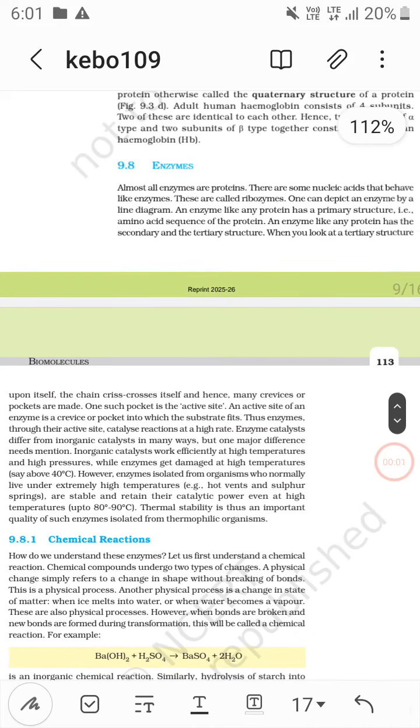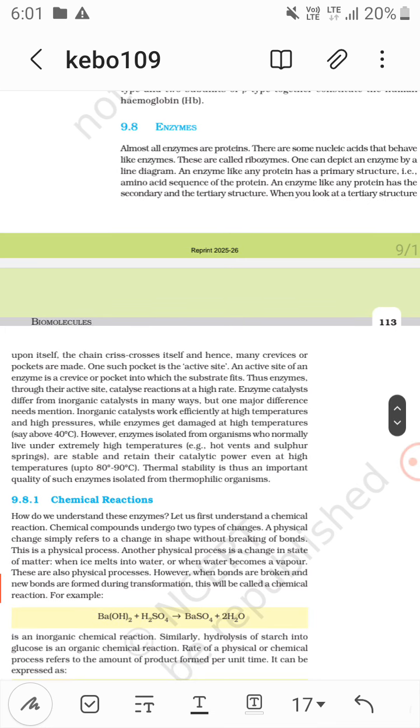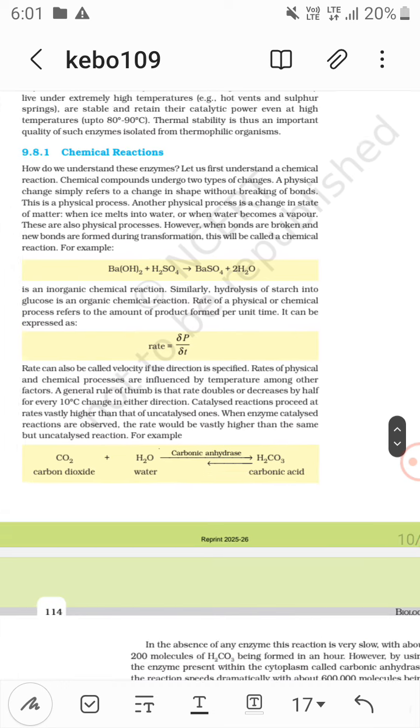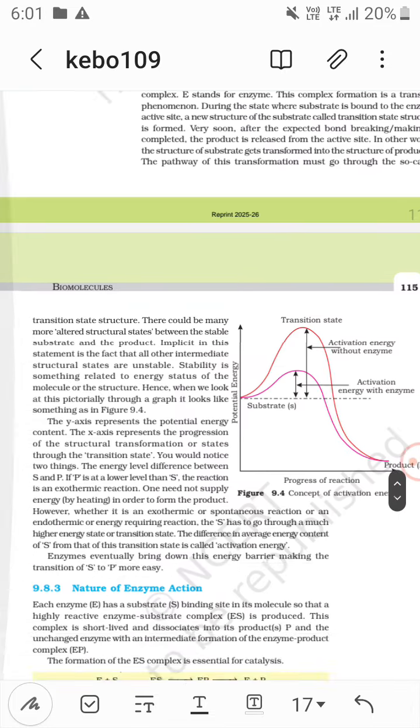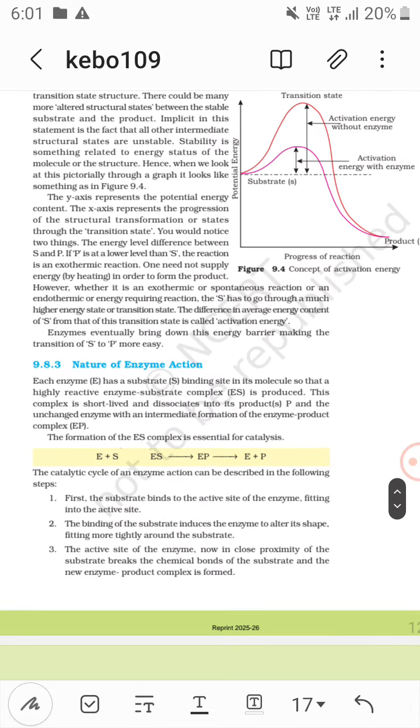Okay, so the tertiary structure has crisscrosses. These are the mini pockets, and these are active sites, where the substrate fits. Once the substrate fits, the enzyme alters its shape,